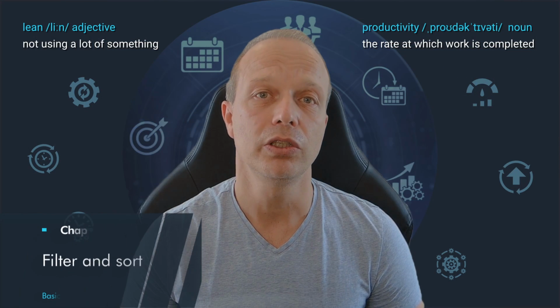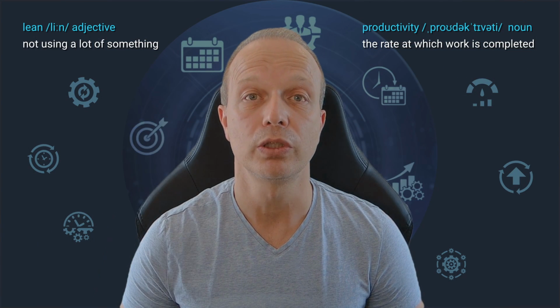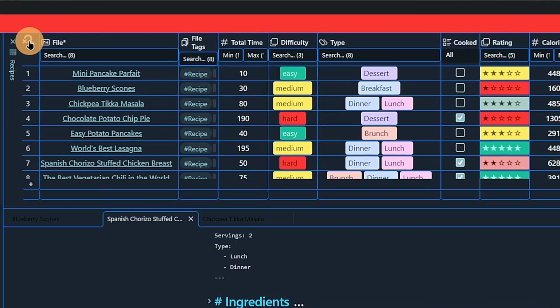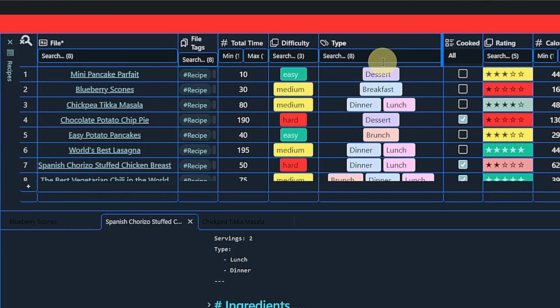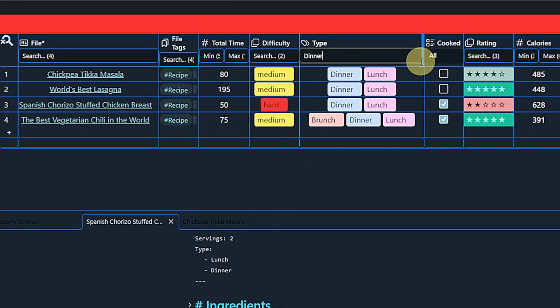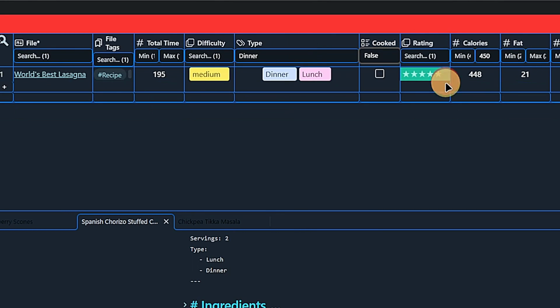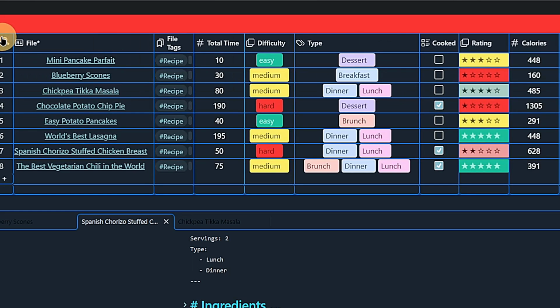But why bother with all these columns? Well, this brings us to the next nice feature of the database plugin, filters. When clicking on the filter icon in the top left corner of the database, a filter row opens up and lets you filter your database by any of the defined columns. For example, we could filter for dinner recipes only, and then we could say that we only want recipes with less than 450 calories per serving, and perhaps only those that we have not tried yet. Click the filter icon again to reset the database view.